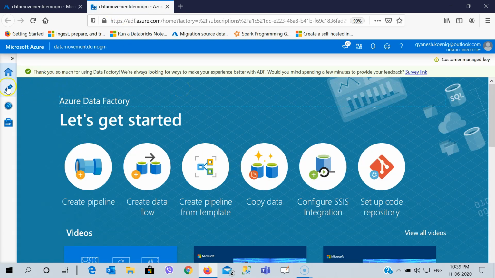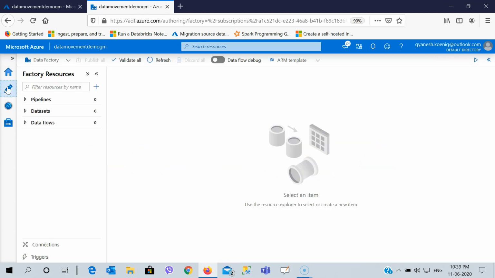And then I am going to click on this button first. So I don't have any pipelines, I don't have any data set, I don't have any data flows, right? But I want to use them, and I actually want to follow a data flow debug as well, because I am going to use it for my demonstration purpose as well.